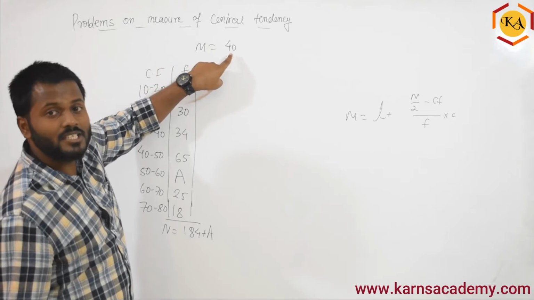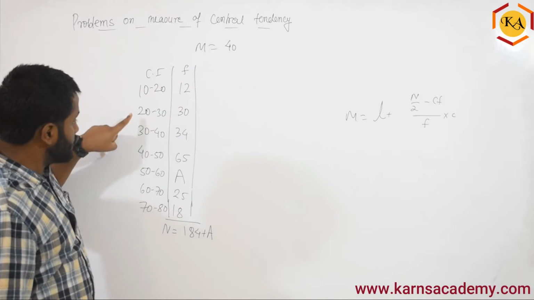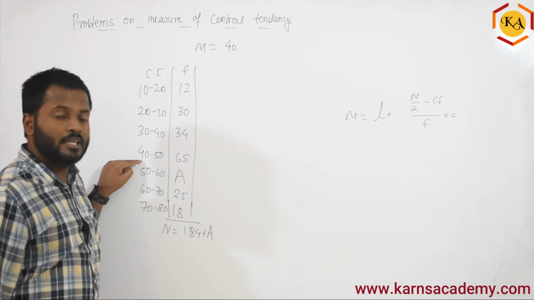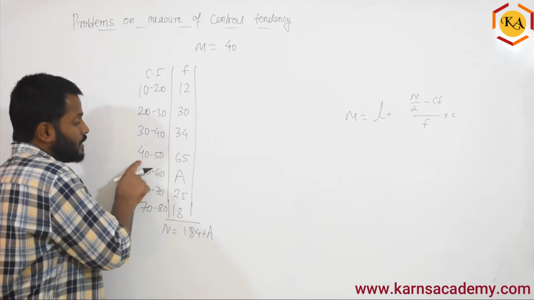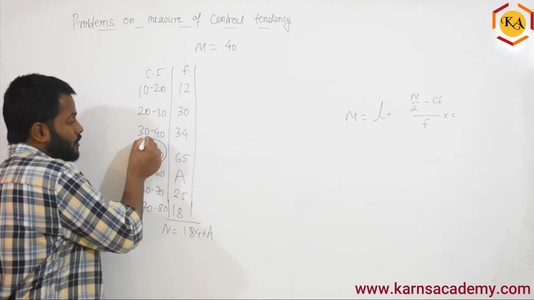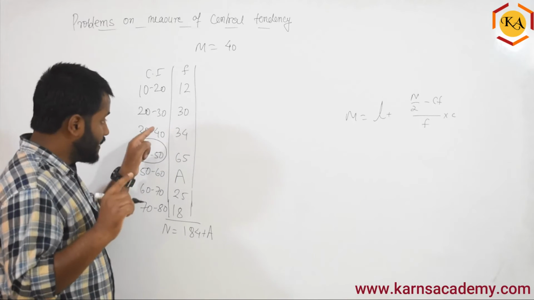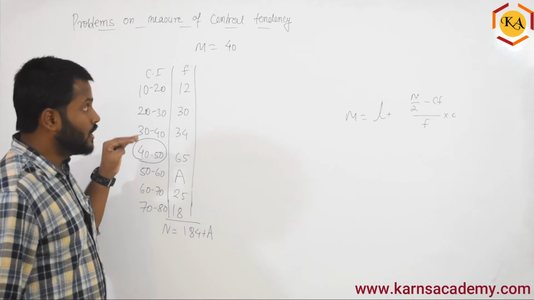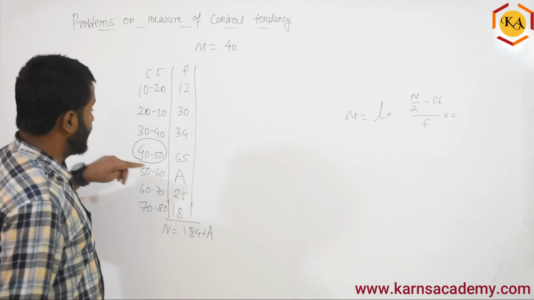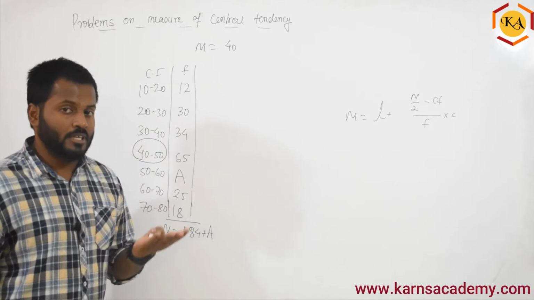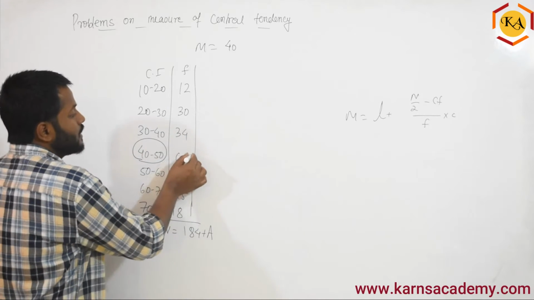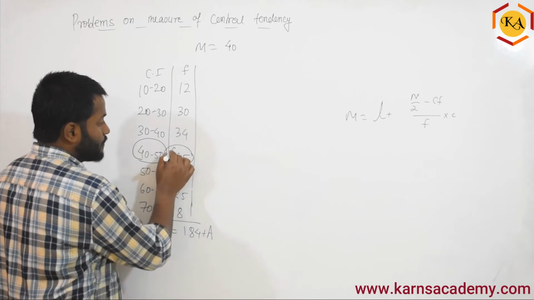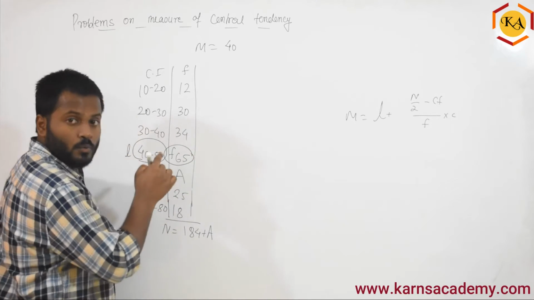Now since median is 40, it's supposed to belong to which class? That is 30 to 40 or 40 to 50. It's supposed to be in the class 40 to 50. Remember, in an exclusive class interval, upper limits are included in the next class. So if the median value is 40, it belongs to 40 to 50 only. That we can understand easily. Which means this is the class that we will select. So this will be your F, this will be your L, and where is the CF?